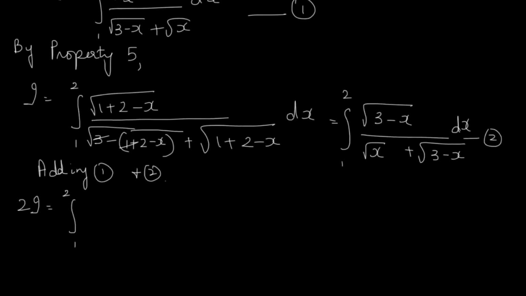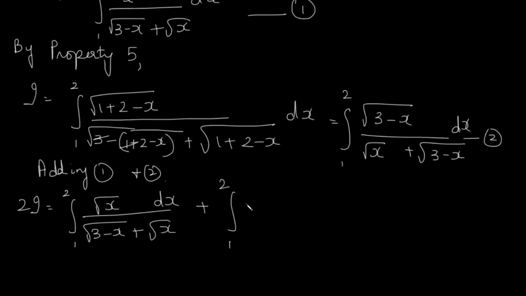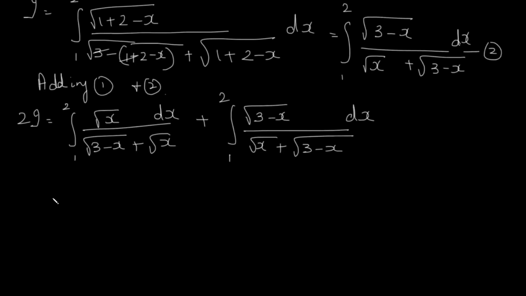The question is root x upon root of 3 minus x plus root x, plus the second term, that is the second statement, 1 to 2, whatever we got in the previous step. And again we see that both are having the same denominator, so we combine them as a single integral. So 2I becomes integral 1 to 2 root of x plus root of 3 minus x upon